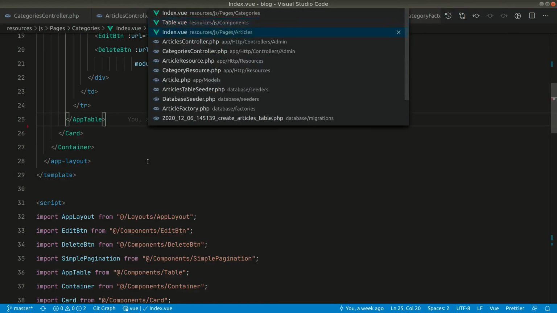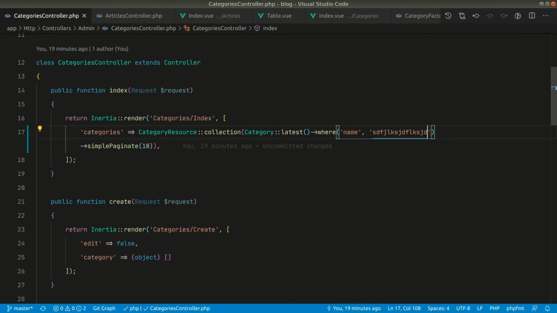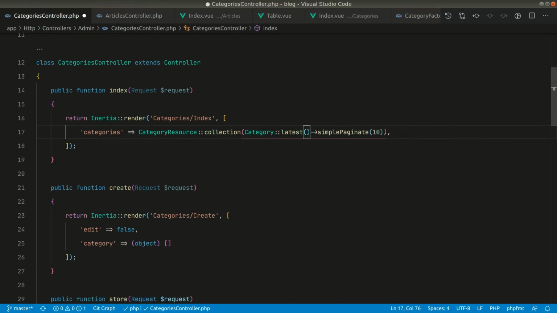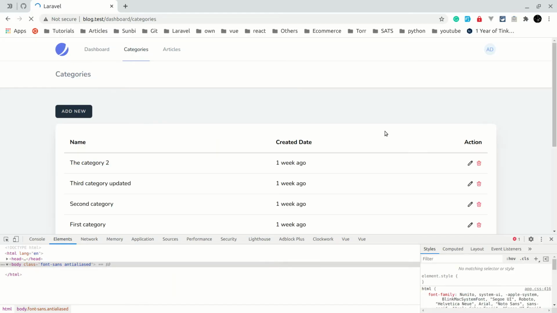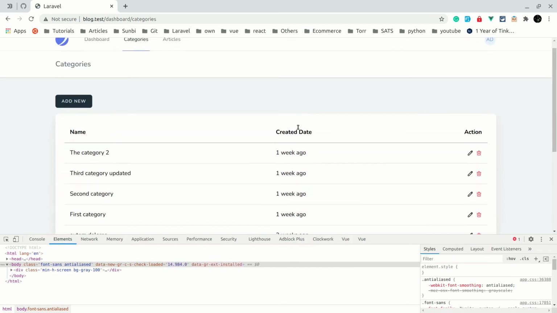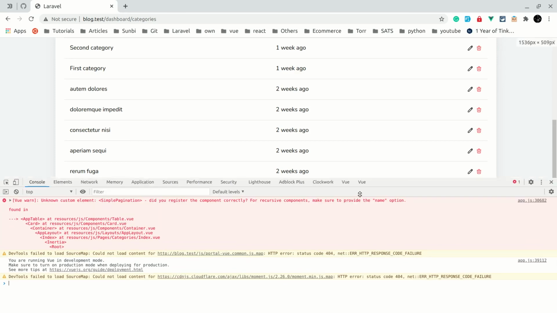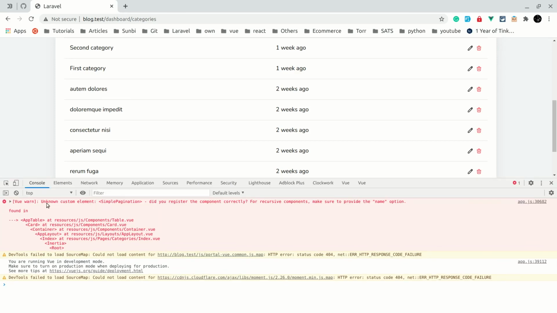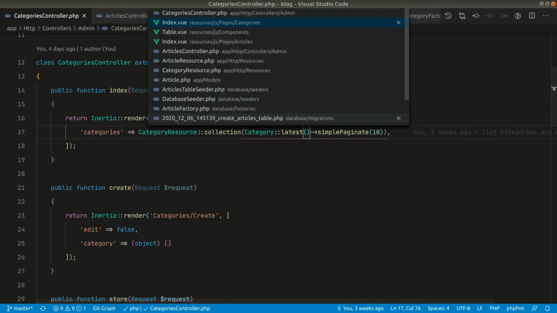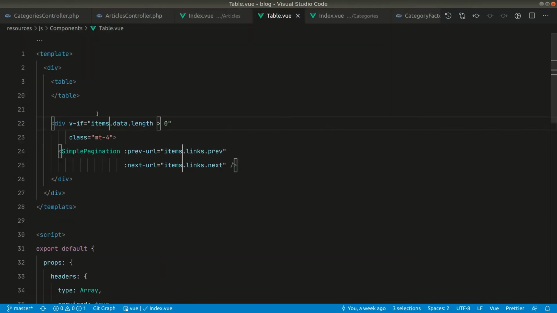Here in the categories controller, let me remove this where condition, and we can see everything but there is no pagination. Let's see the console over here, and it is saying unknown custom element: simple pagination. So we forgot to import this simple pagination in our table component.